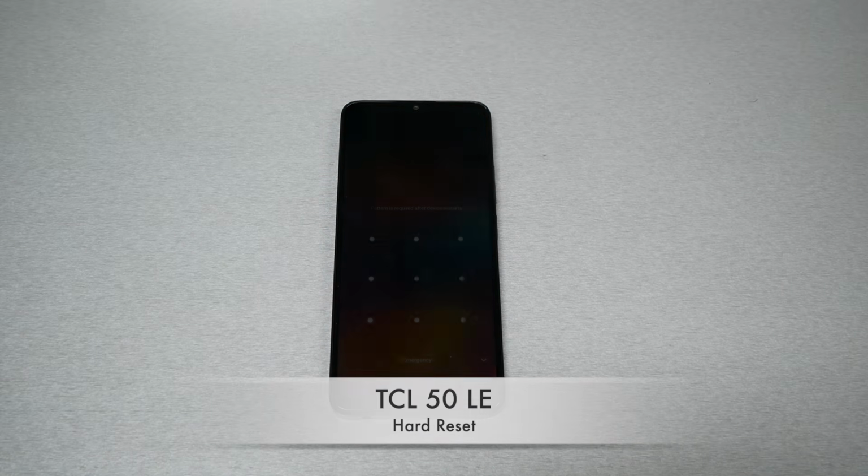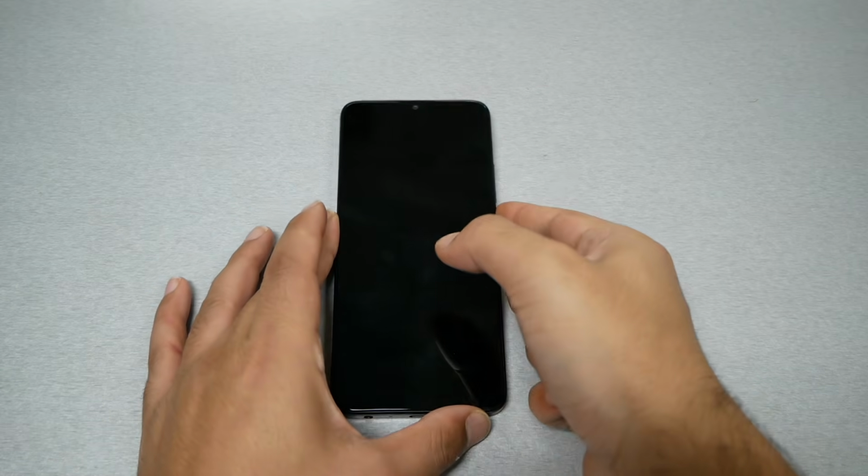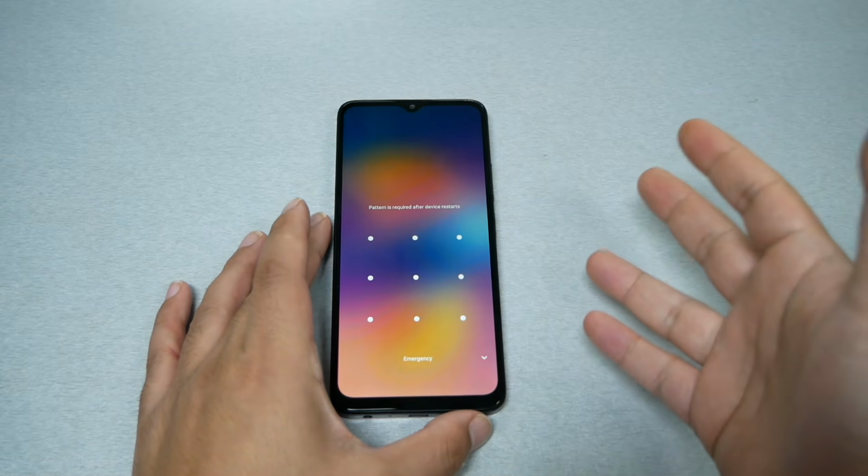In this video I have the TCL 50LE. In this video I will show you how to perform a hard reset through the recovery menu. In other words, we're doing a factory reset in case you have a password or a PIN pattern and you got